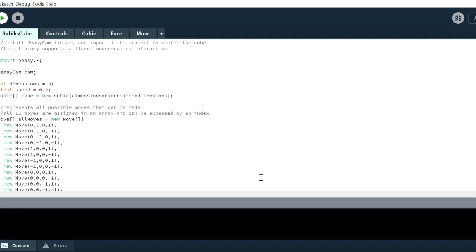Alright, so in this project of mine, I'm going to explain how I coded a Rubik's Cube simulation that is able to scramble itself within 60 steps and unscramble itself within another 60 steps. Just a heads up, the way that I coded this project, I had it randomly scramble itself